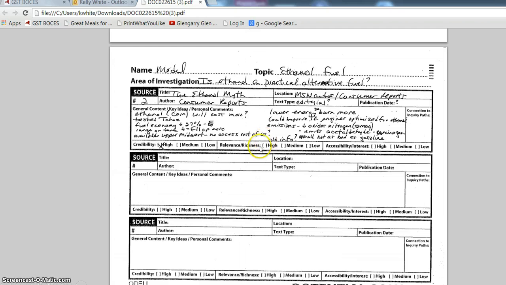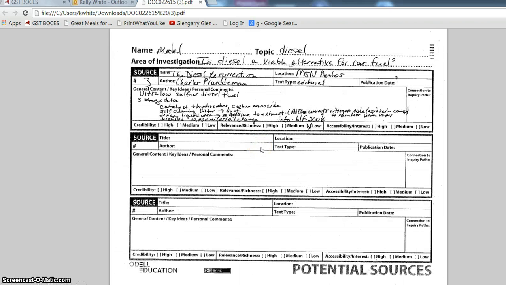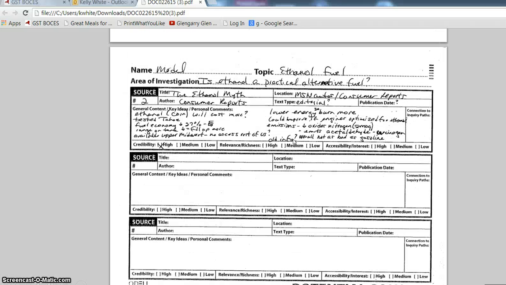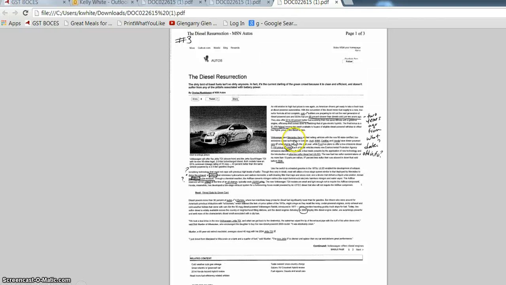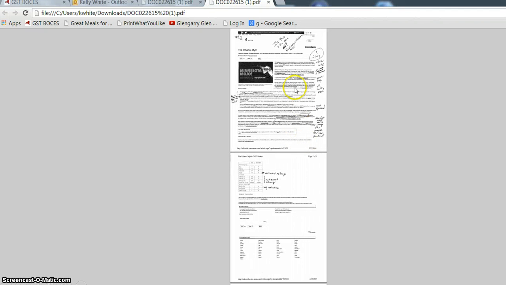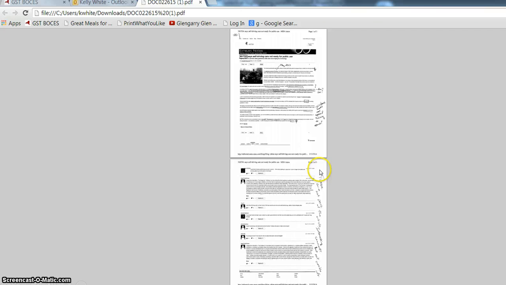Is ethanol a practical alternative fuel? So these are Common Core documents and really helpful for our assignment. Is diesel a viable fuel for car fuel? So basically that just gives you some examples of taking notes, and again using margin notes and underlining to help